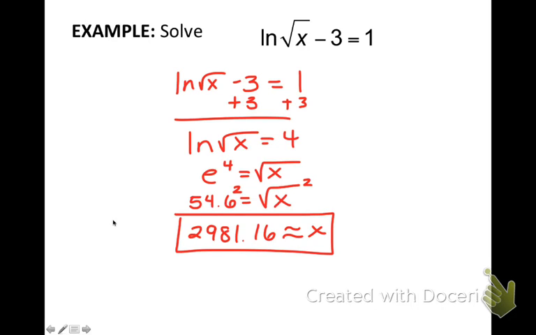So, if you see an ln or an e, you know you're going to have to be doing an e or an ln to do the inverse of them. If you're starting out in a logarithm, get it to a single log, convert it to exponential form. If you're given just the plain old exponential form, convert it to logarithm form. All right? So make sure you get